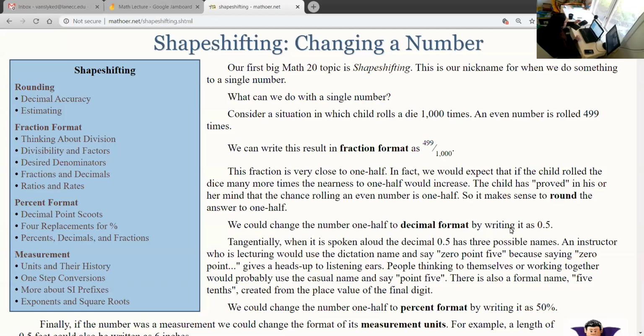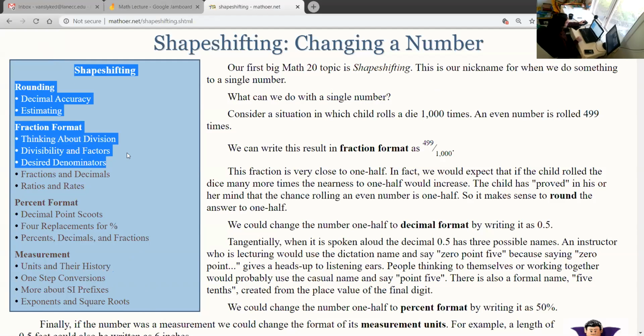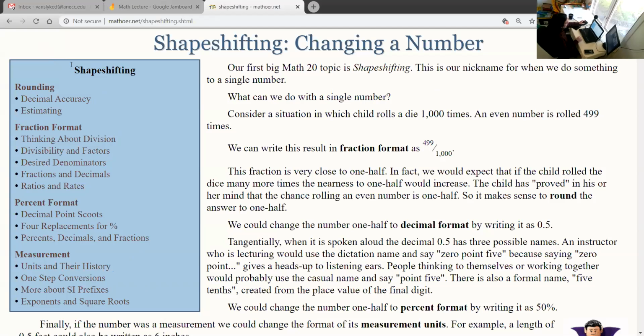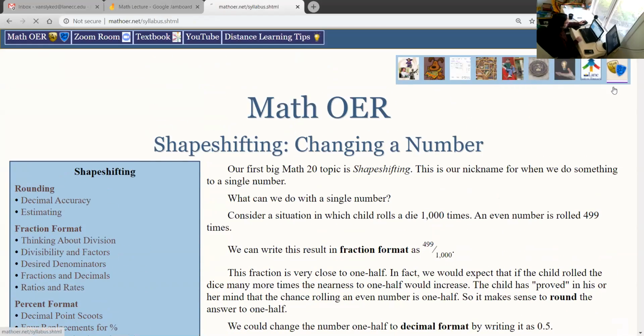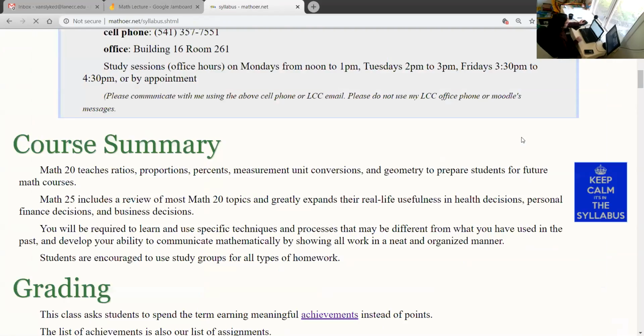Okay, welcome to a new week of Math 20. Last week we finished everything about shape-shifting, and we could go on, but we can also spend lots of time with questions. That's fine. Going back to the homework, if we look at our calendar,